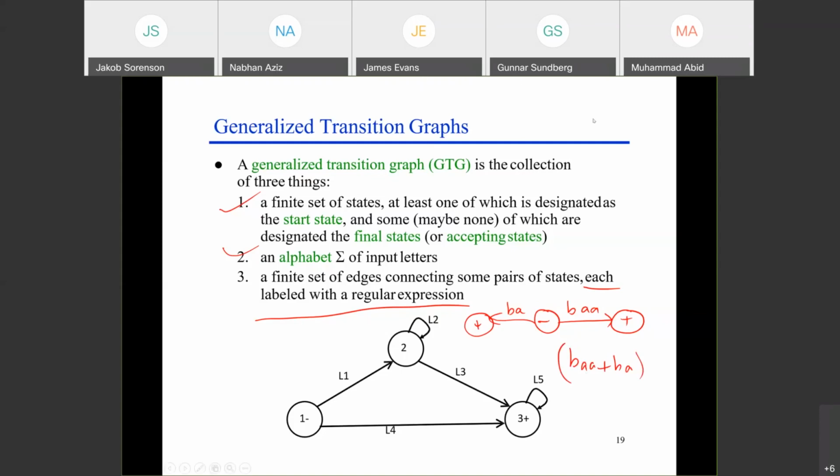You guys agree with this? What I just mentioned? Yes. Very good. So now I have a question for you: if I draw an FA, and this FA will pass one word, BAA.